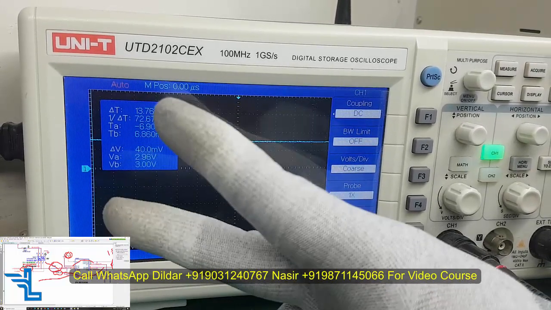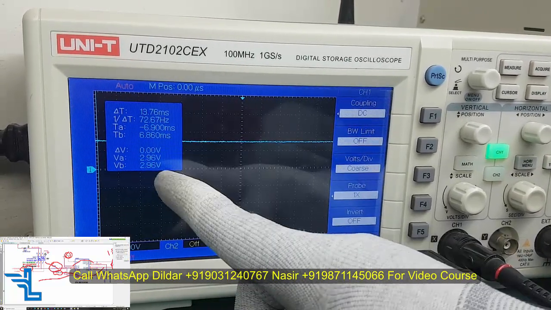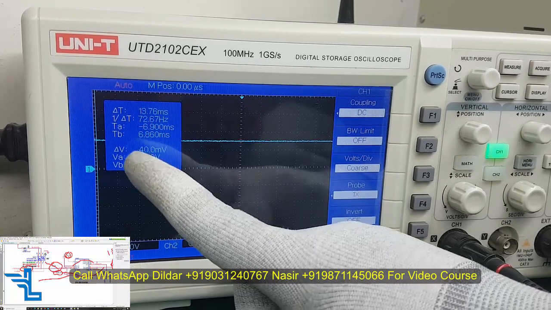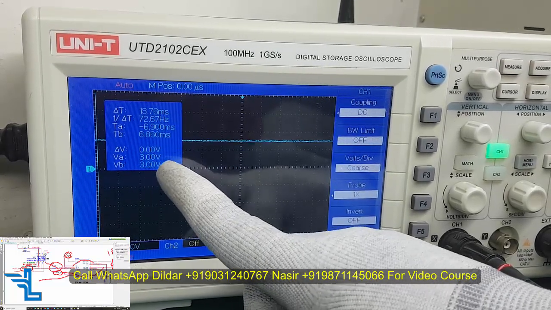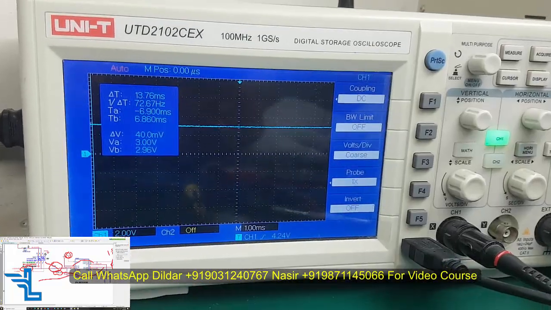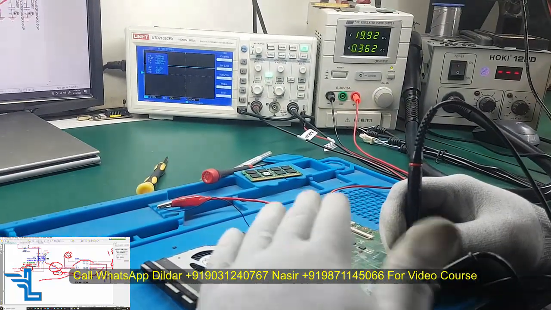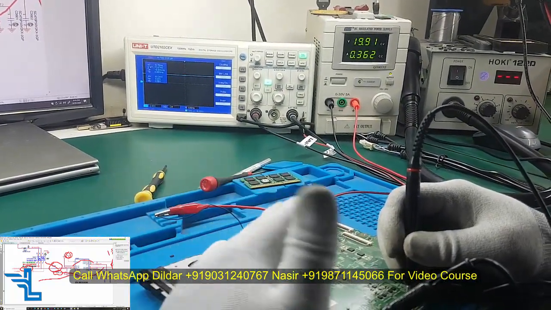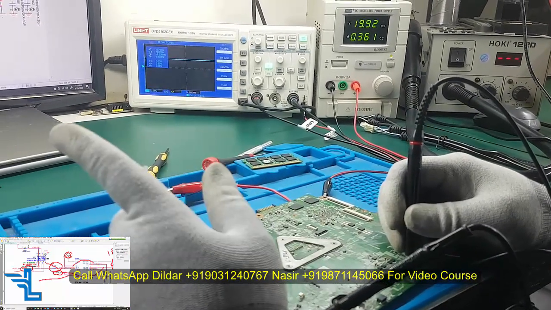So there are two situations. One, PWM, which is quite abnormal, and the second, instead of 3.3 volt it is merely 2.96 to 3 volt. So it seems that my PCH has gone, but we have the trick to save your SoC chipset. The PCH will be saved in this motherboard, it is my guarantee.